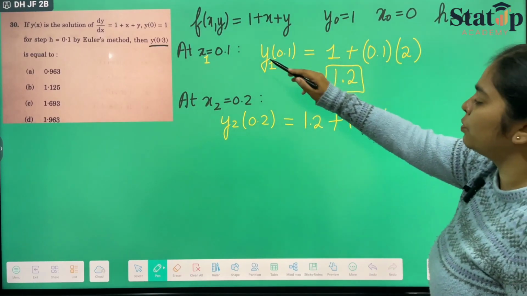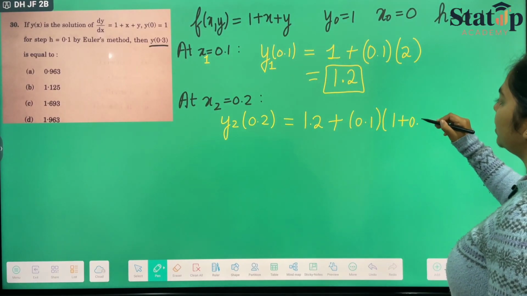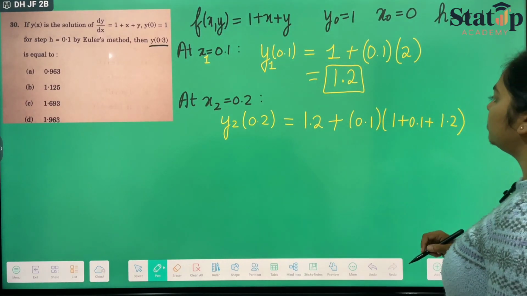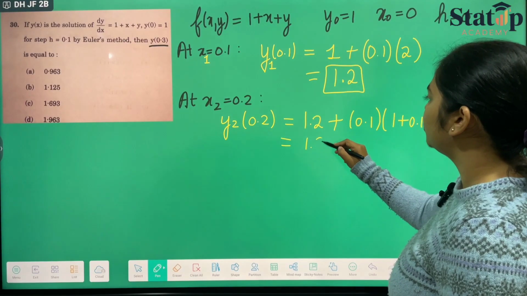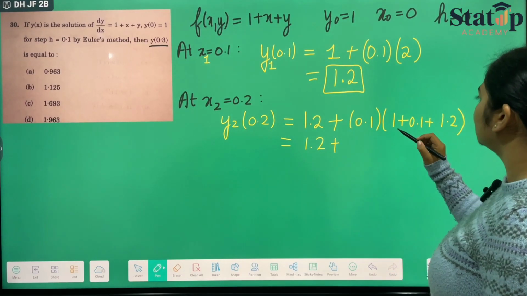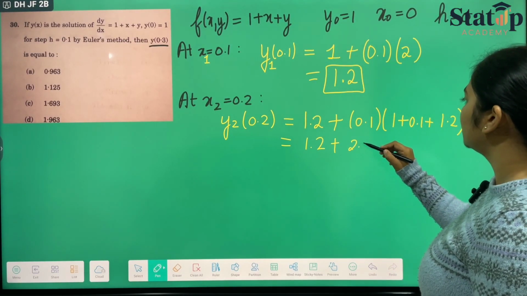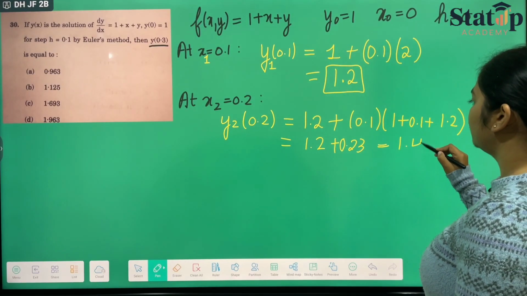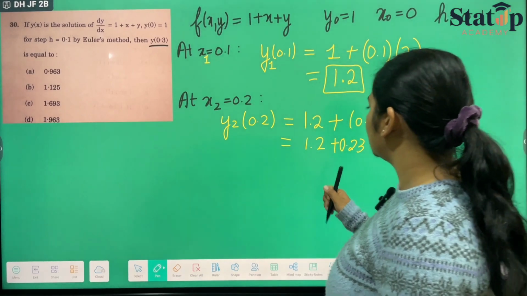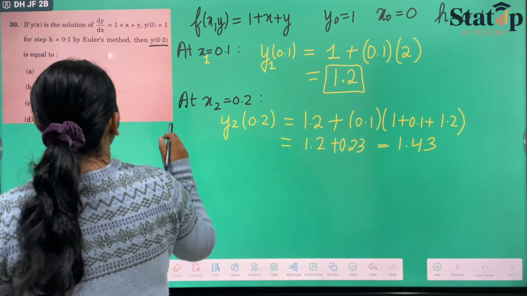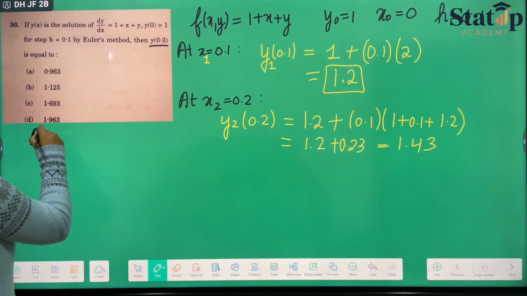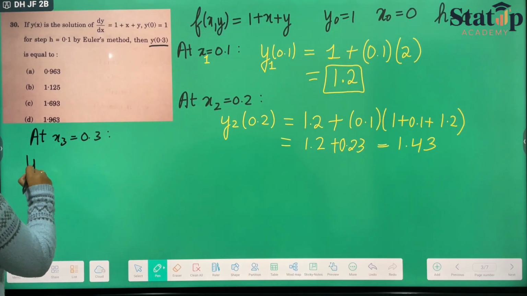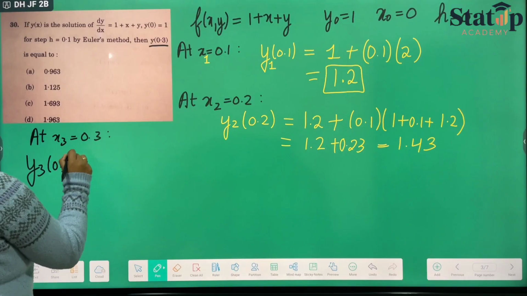1 plus x1, which is 0.1. So 1 plus 0.1, and y1 we have calculated is 1.2. So here we will be getting 1.2 plus 0.1 into 2.3, which will be equal to 1.43. This is y2. Now the third iteration, at x3 equals 0.3, is nothing but y3 at 0.3, which is